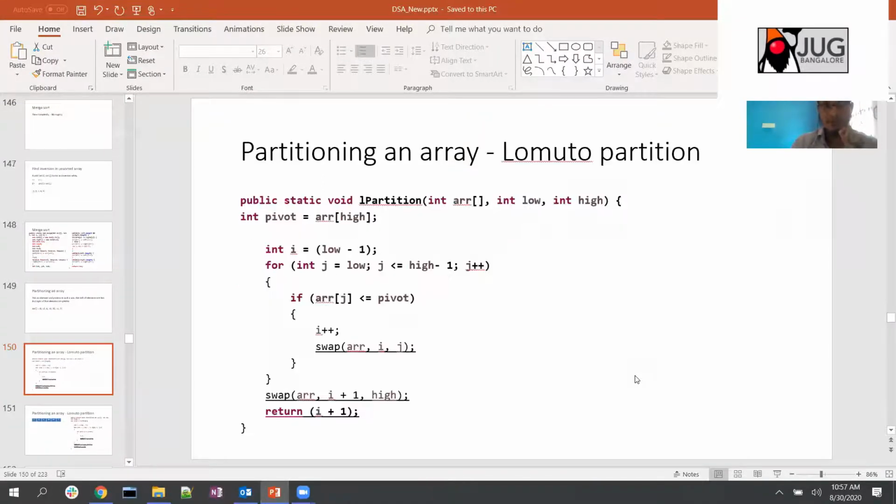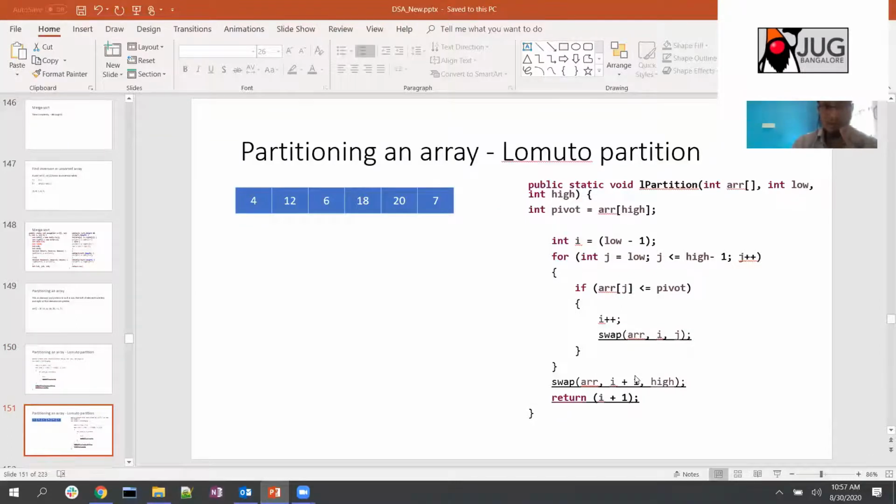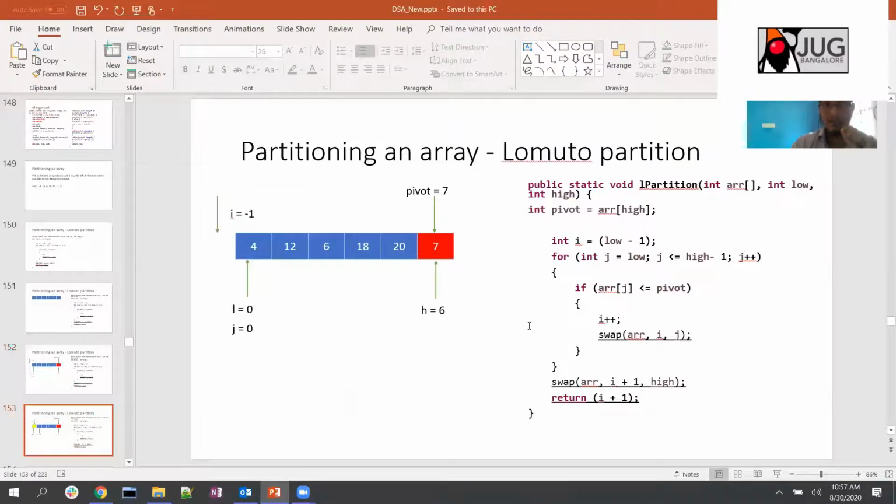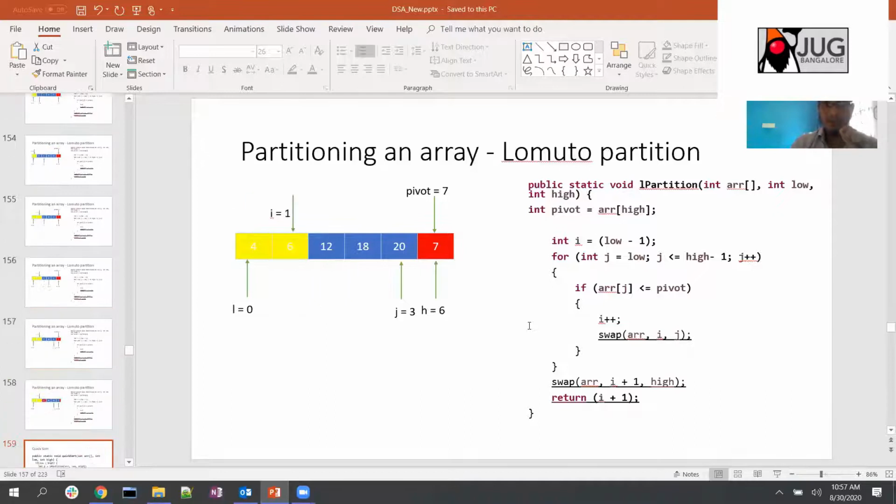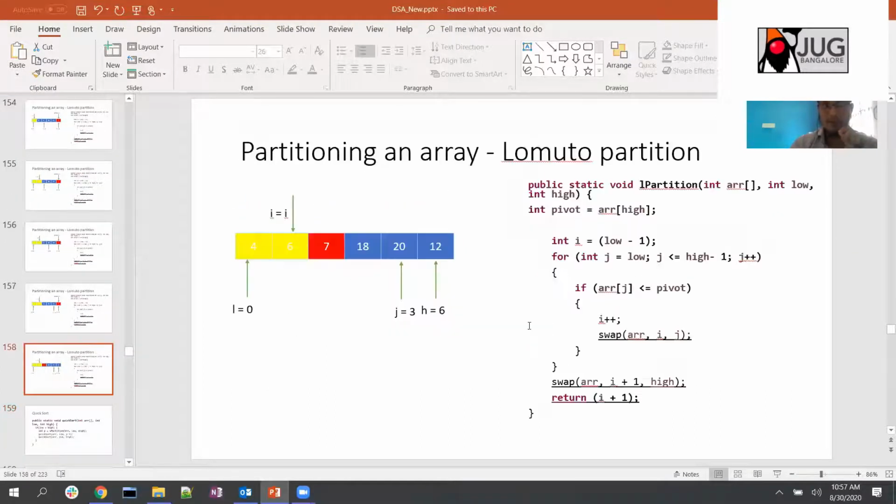This is the partitioning function, and we'll see in detail how we do the partitioning, but I was just explaining what the pivot is. For example, here let's say 7 is the pivot, and once you pick the 7, using this Lomuto partition algorithm you'll make sure that 7 is placed at the right position, and all elements on the left are smaller than the pivot value 7, and all the elements on the right are higher. So basically you are finding the position of 7, and then recursively you will call partition again on the left subarray, and partition again on the right subarray.